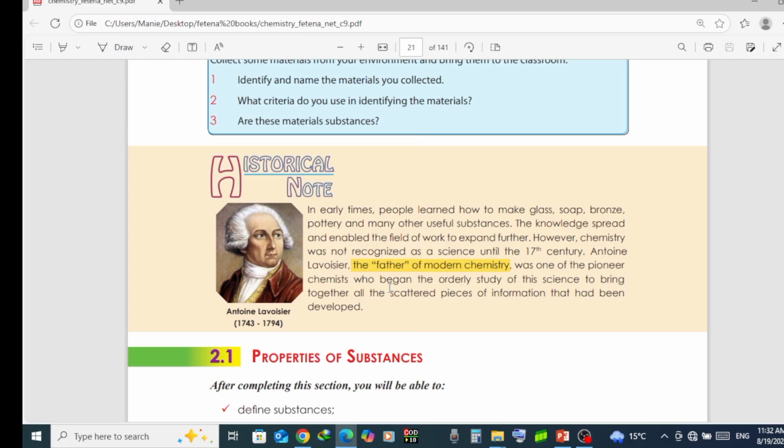So, before chemistry was called chemistry, there were these things people were doing. The people were making glasses, they were making soap, bronze, pottery and many other useful substances before chemistry existed. But the knowledge spread and enabled the field of work to expand further. However, chemistry was not recognized as science. Therefore, it was in the 17th century that chemistry was recognized as a science by the man called Antoine Lavoisier, the